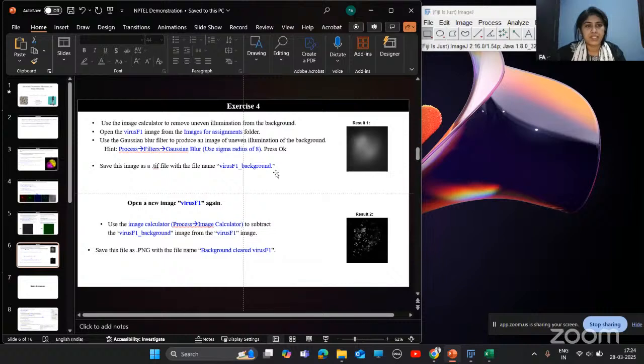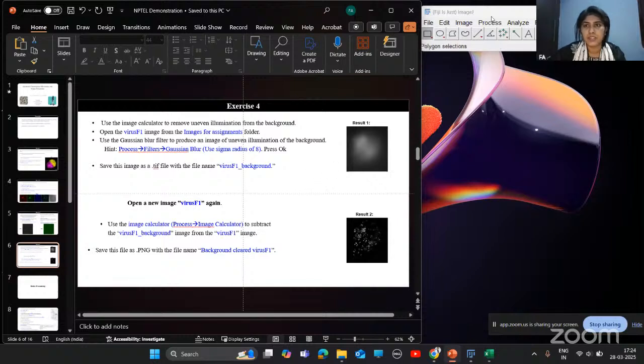So, in this exercise, what you need to do, we'll open this image from the sample image folder, and as you have learned several filters, from that we'll use the Gaussian blur filter, and by using image calculation methods, we will reduce the background of this image.